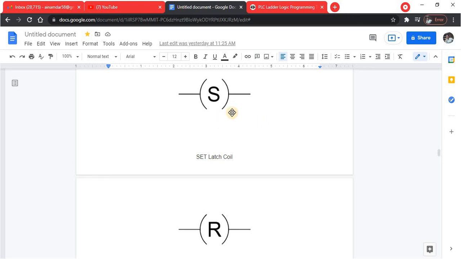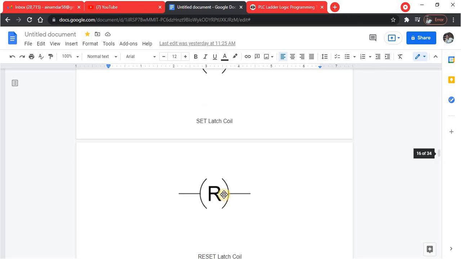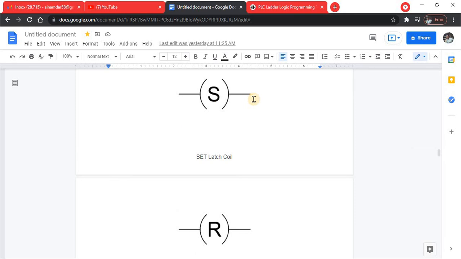The only way to reset the bit again is to give a pulse to the reset coil. This output here will be set, and this output here will be reset. When you are building larger PLC programs with thousands of bits, some even connected to a SCADA system, make sure you know where you are setting the bits and where you are resetting the bits.